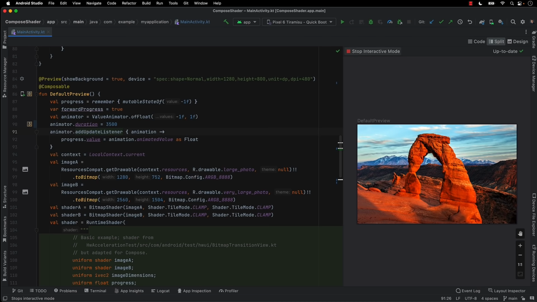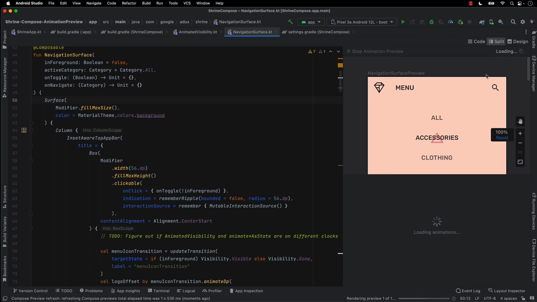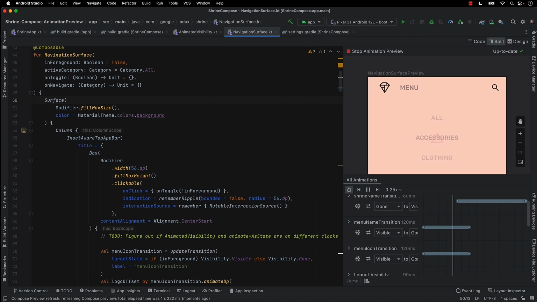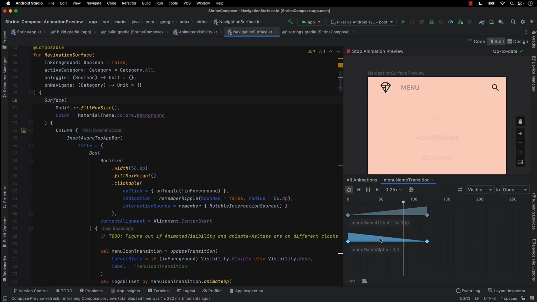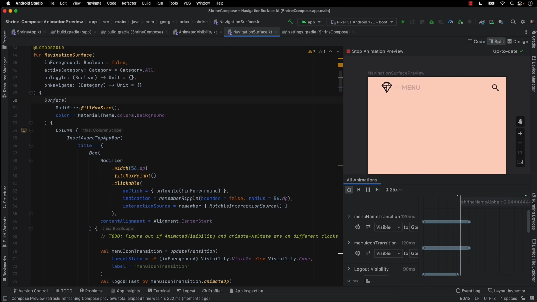Next to the interactive preview, we also have animation preview. All right, so we'll click on the animation inspector to load it up. And I'm going to turn on looping. We'll slow down the animation quite a bit. And now we can play it to view it. So here I can go in and I can explore the different curves, offsets, alpha, and so on. I can open up details for individual sets of curves. And with Compose 1.2, I can also go in and freeze particular curves.